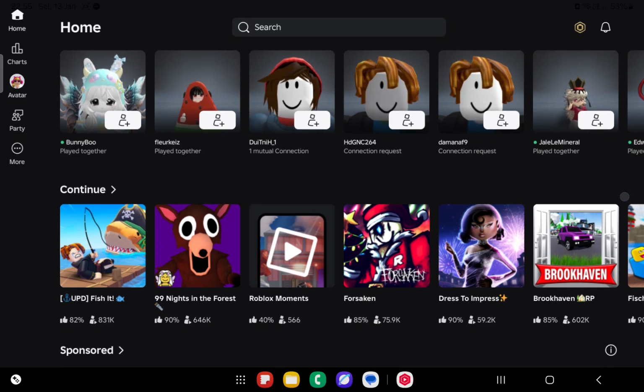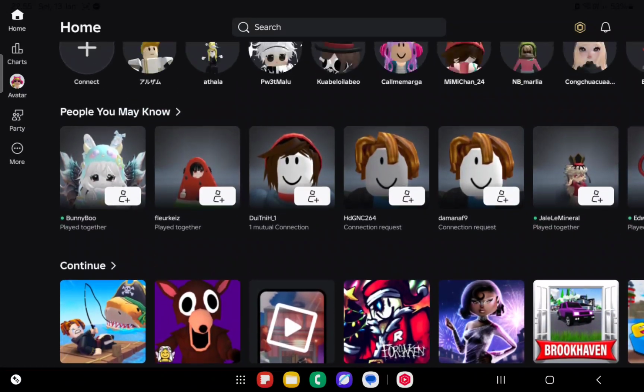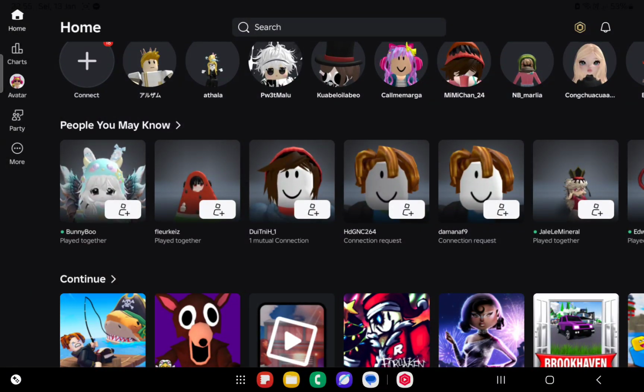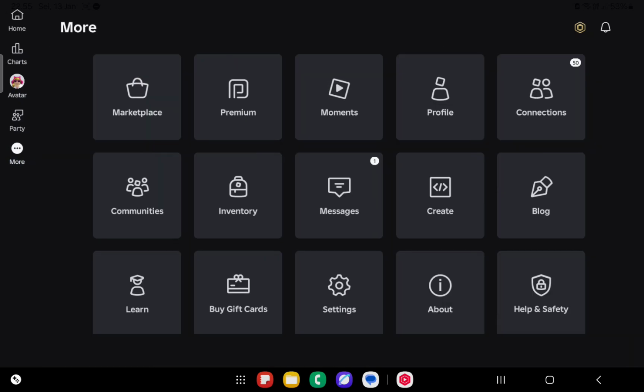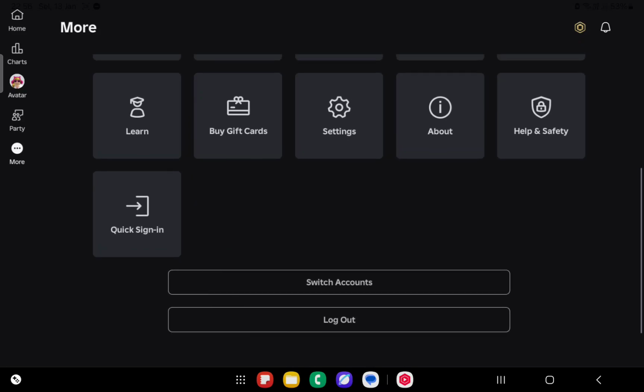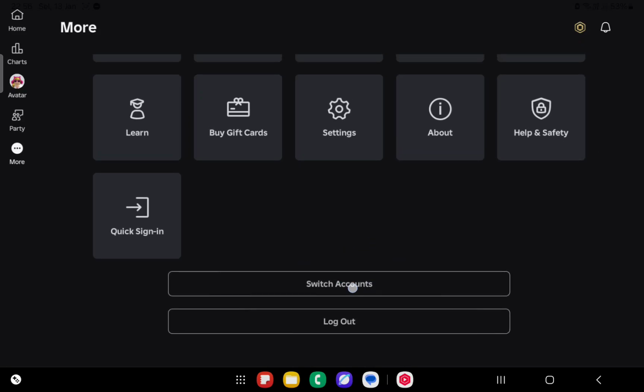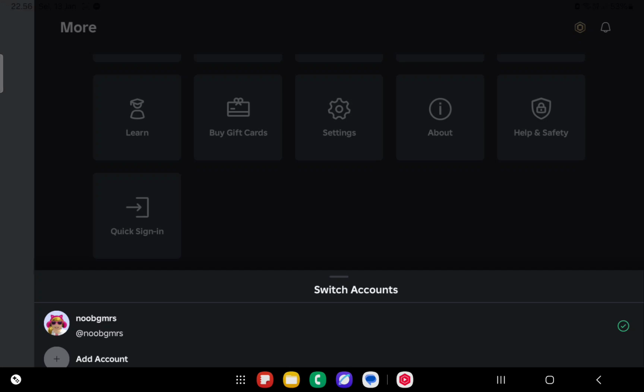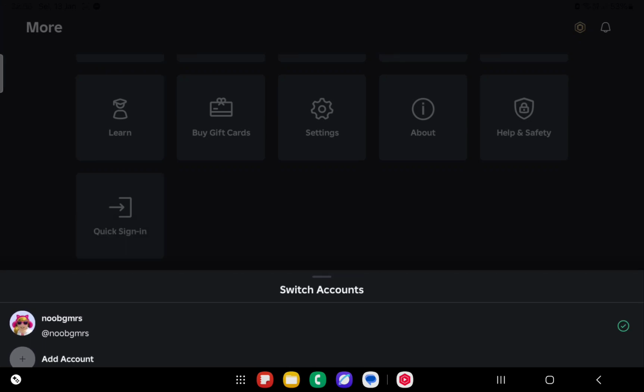So what you need to do here, once you open Roblox, you can just find the more option or menu, and in here you can just scroll down and you'll find the switch account option. So click on that. If you already signed in with your other account, here you can just choose the account